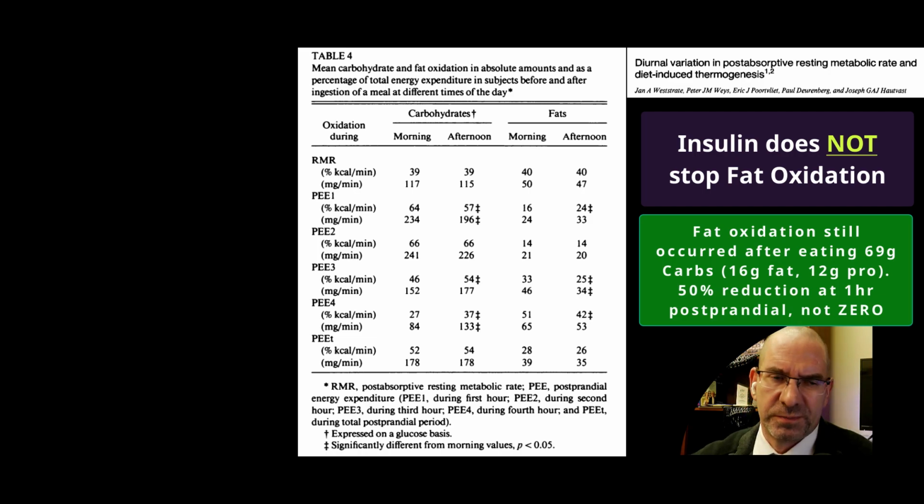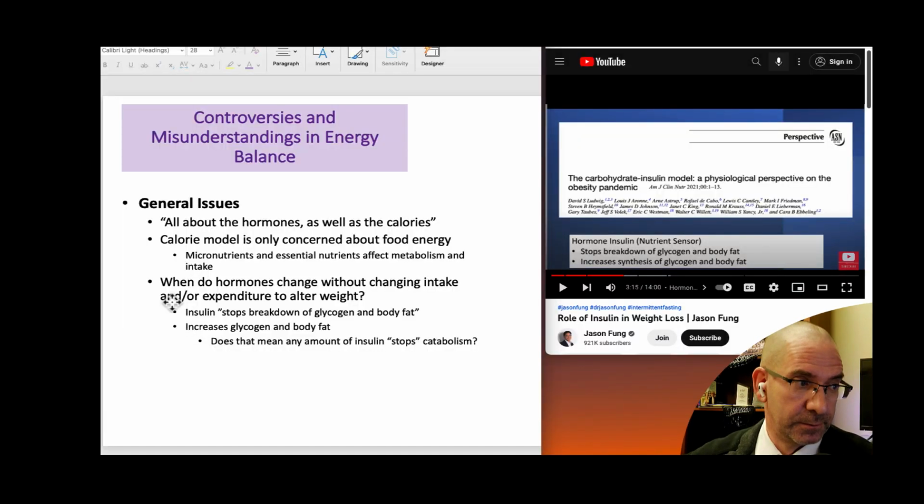And so using the term stops is, I think, a little oversimplification of how insulin and the endocrine system work in general. I think using a dimmer switch is better, so it decreases in proportion to the concentration of that hormone, in this case insulin.